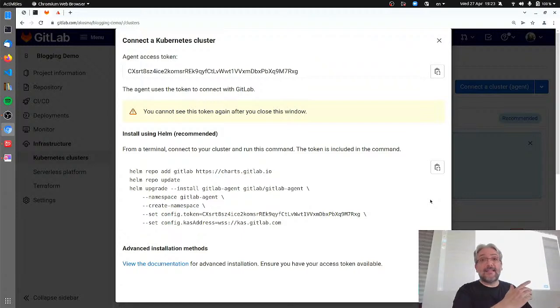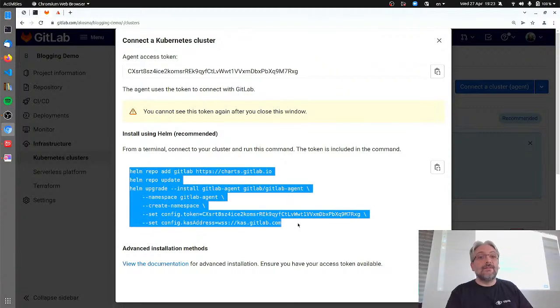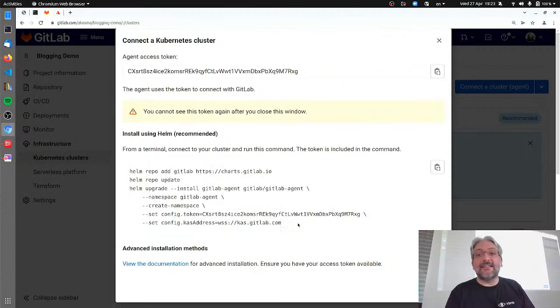This is live. This is happening right now. I have an access token. You should copy this access token because you might need it in the future. I'm not going to do that. I'm just going to show you the integration, but do things properly in your own work, please. I mean, don't follow everything I do mindlessly. So what we are going to do now is to Helm install our Kubernetes agent. And for that, I just have to copy this command, go back to my terminal,